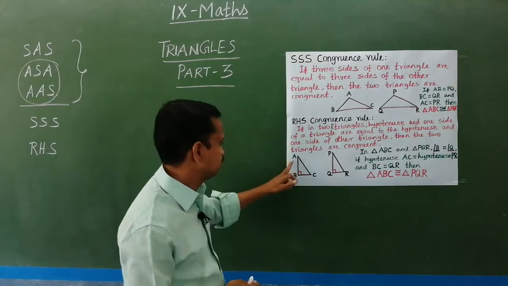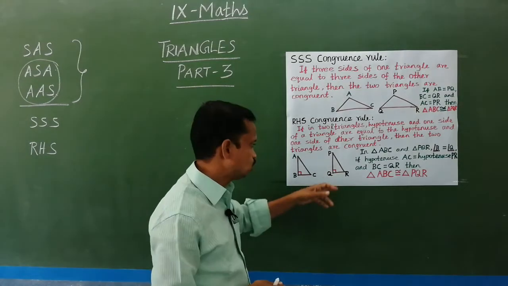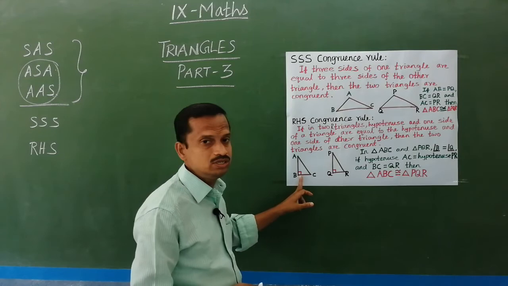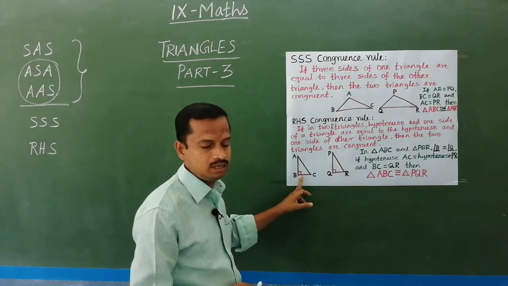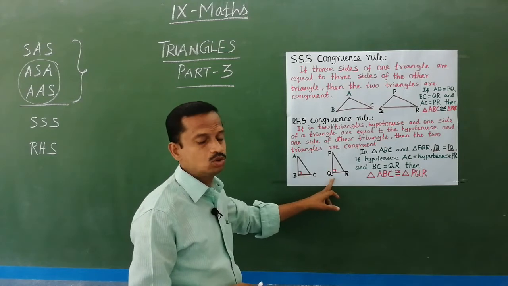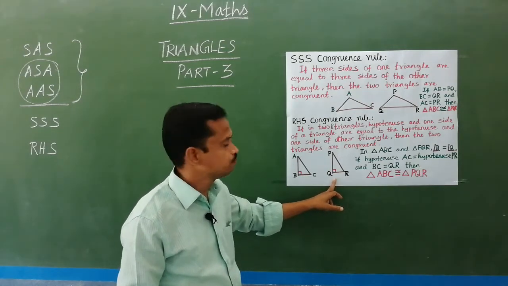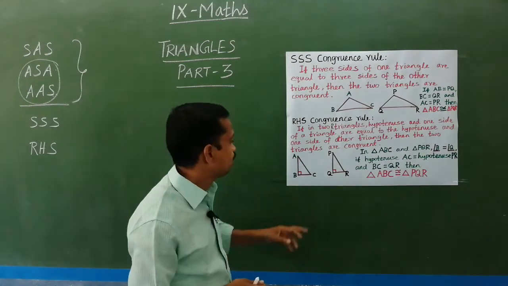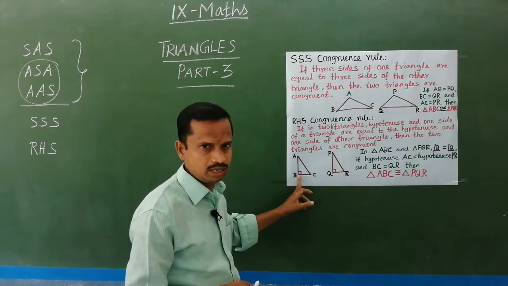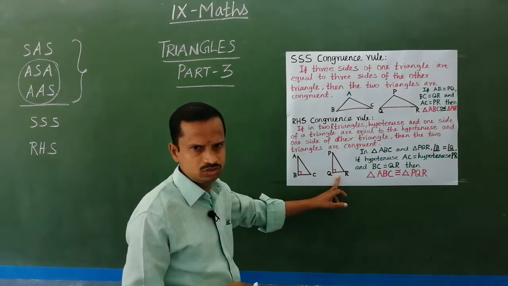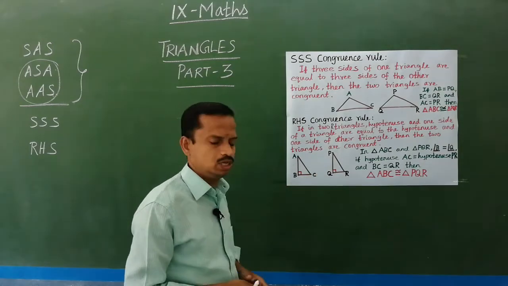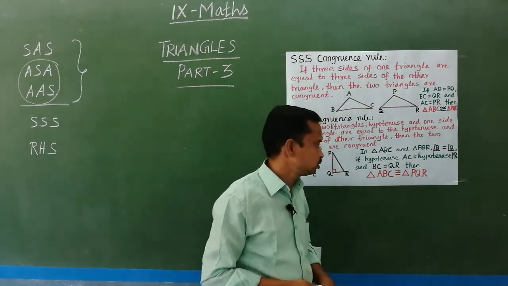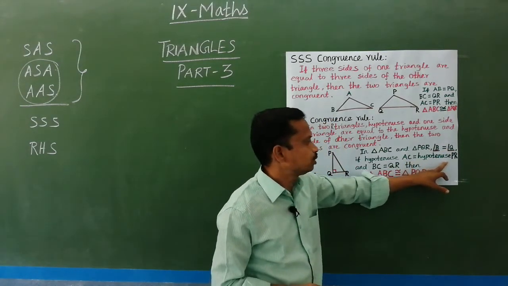For example, you can take ABC, a right angle triangle, and PQR, another right angle triangle. So compare this. Already we have the 90 degrees here: in triangle ABC, angle B is 90 degrees. In triangle PQR, angle Q is 90 degrees. So one pair of angles is 90 degrees, they are equal. And then the hypotenuse: what is the hypotenuse of this triangle? AC. And what is the hypotenuse of this triangle? PR. Therefore hypotenuses are equal, AC equal to PR. You see, these two angles are 90 degrees, so they are equal, and hypotenuse AC is equal to hypotenuse PR.